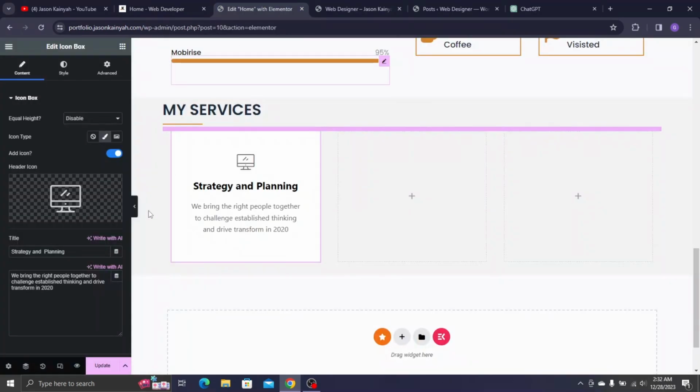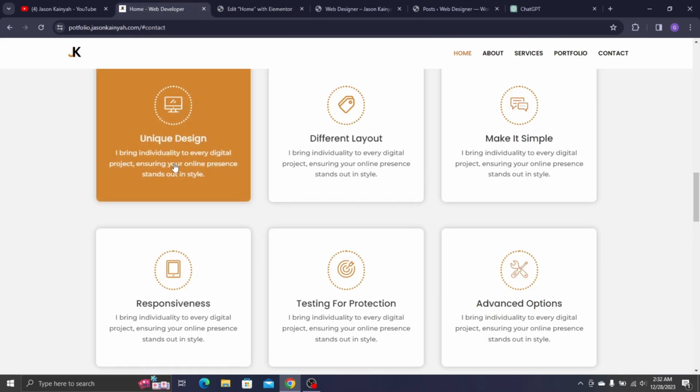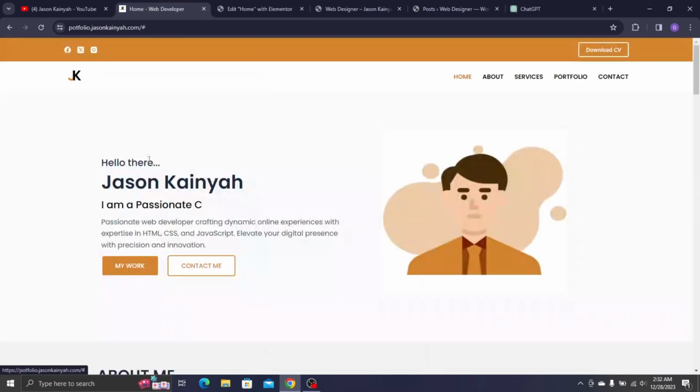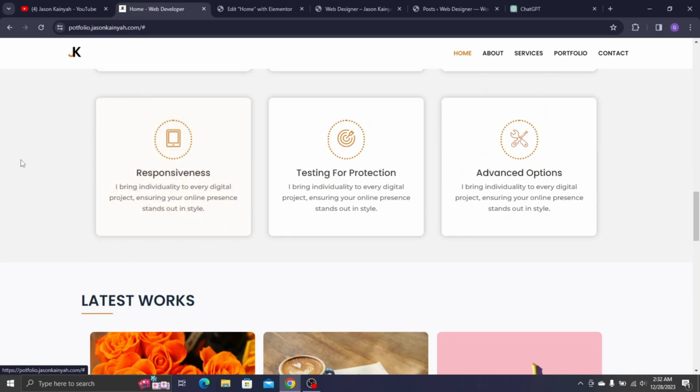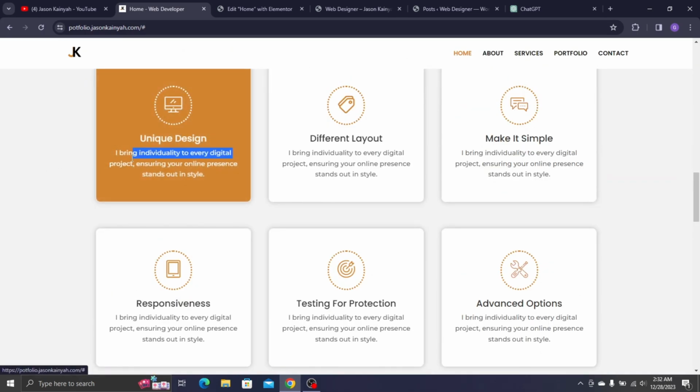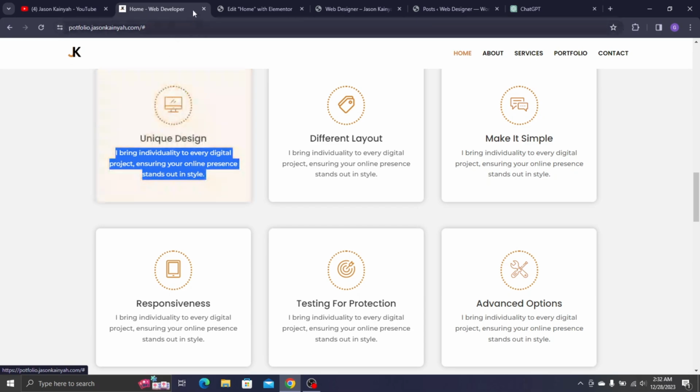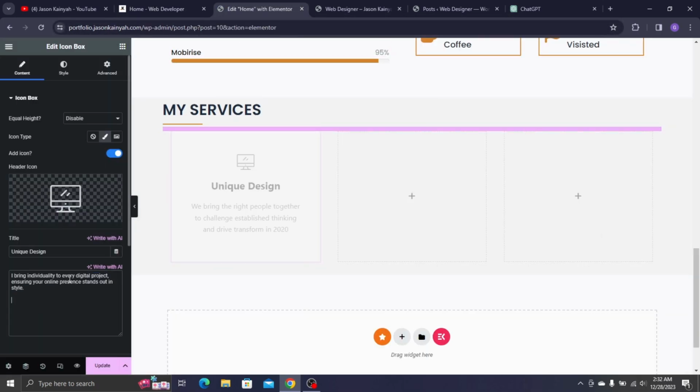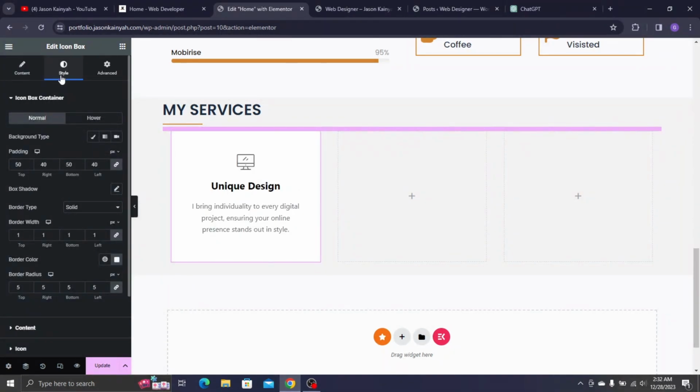Then here inside this we have some text, unique design, I think that's what it said. Let's change it to unique design. Then I'll copy this description that we have over here. Hold on. So I'll copy the description, come to our site, and then I will paste it in here. And then I'll go to style. Then over on the style tab,